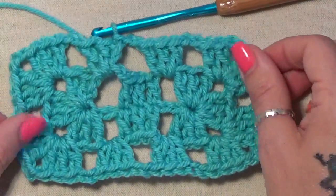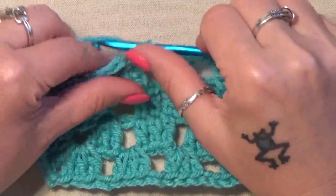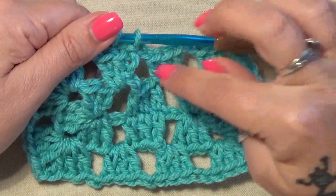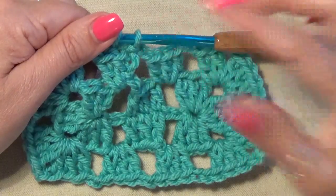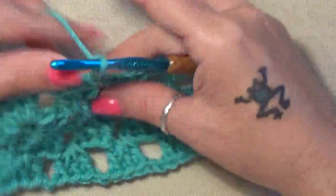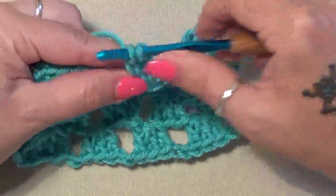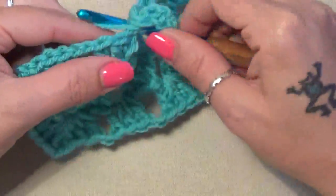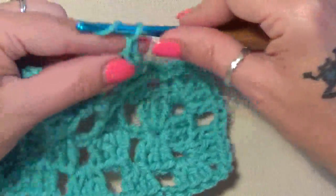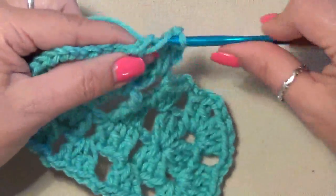And that is round 2. Okay, round 3 of our granny rectangle. And this is the spot where if you're wanting to do color change, you do the color change when you're joining up here, just so you know. So we're going to do our chain 3. You want to do your 2 doubles into the same space, chain 2 here, and in the next space do 3 doubles,